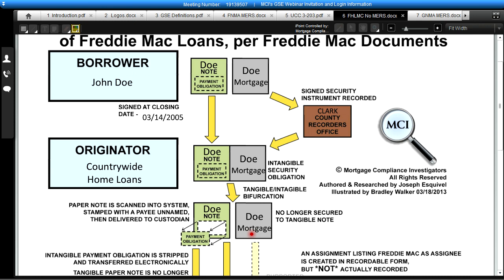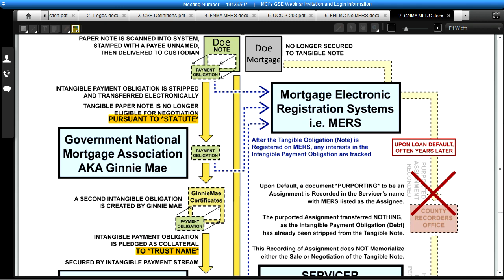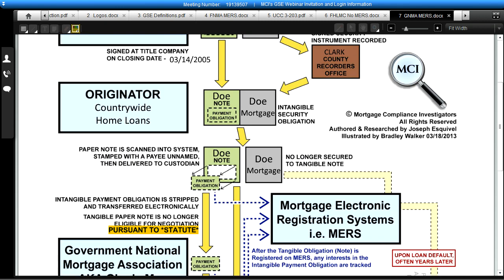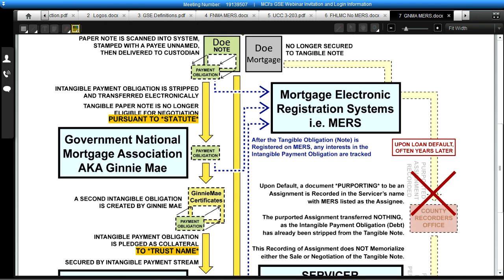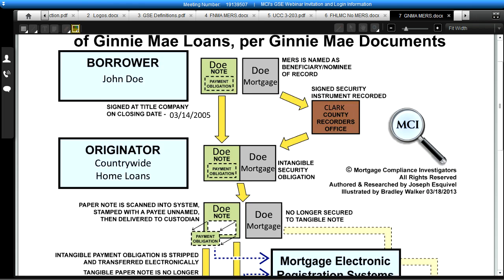Okay, Ginnie Mae, again, the same as Freddie Mac and Fannie Mae. The only thing different is the agency that sold the obligation. And this one is with MERS. Again, all of the parties are the same. Okay, the only difference is Ginnie Mae is truly backed by the government. Okay, so let's jump on to